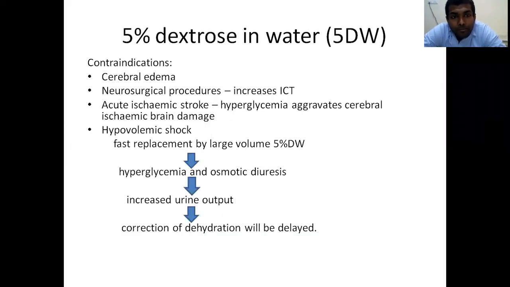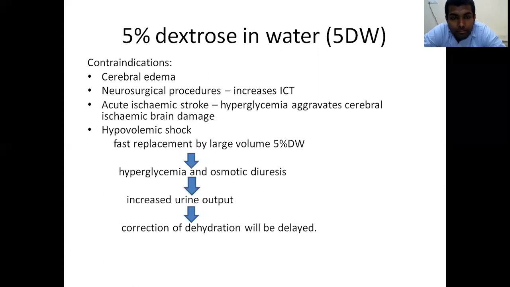Now, what are the contraindications for this fluid? If the patient has cerebral edema, or in case of neurosurgical procedures, because this increases the intracranial tension. Now, as we have discussed in the previous classes, intracranial tension is to be maintained at all times. Now, if the patient has acute ischemic stroke, if you give 5% dextrose, the hyperglycemia aggravates the ischemia, causing more